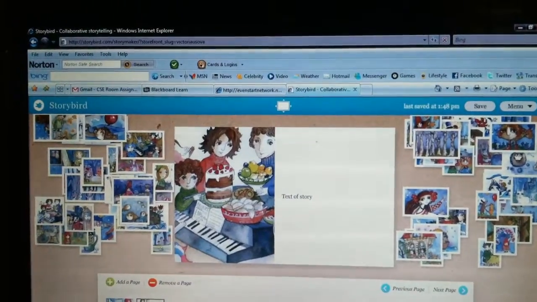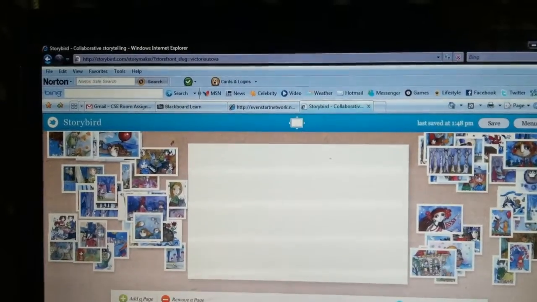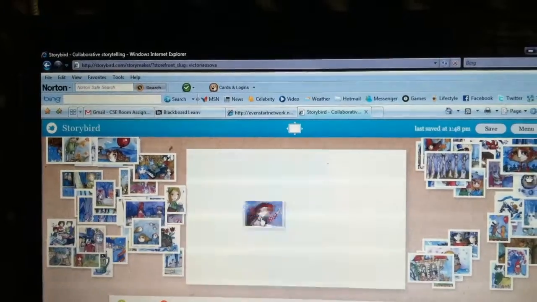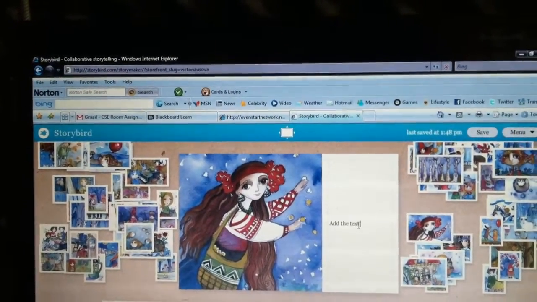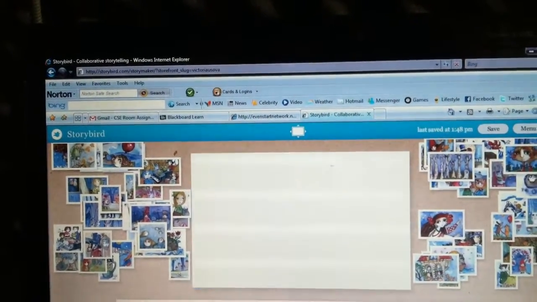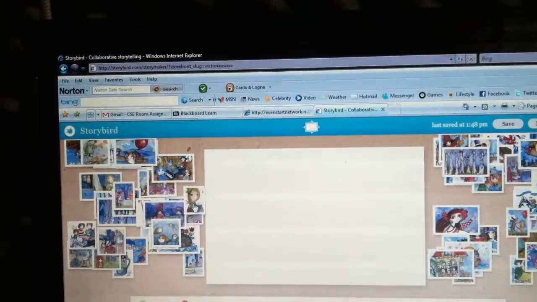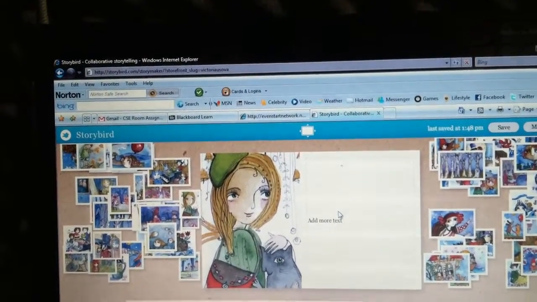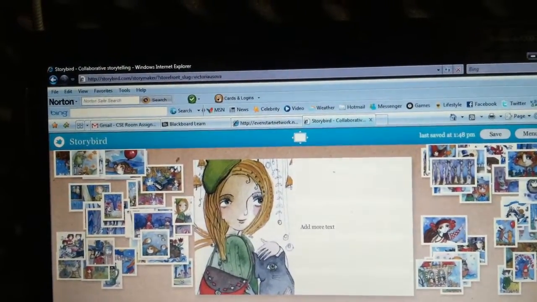Second person, new person, would add a page, click a picture, an interesting picture, drag it over, and then add their text, their part of the story. It goes back to the first person. Click Add a Page, grab a picture, drag it over, and then add more text. Continues the story. Partner number 2 adds a page back down here,